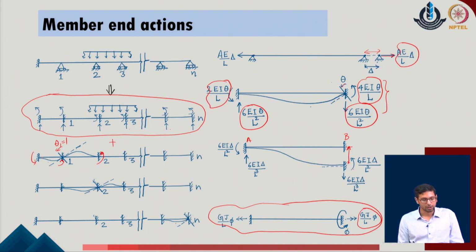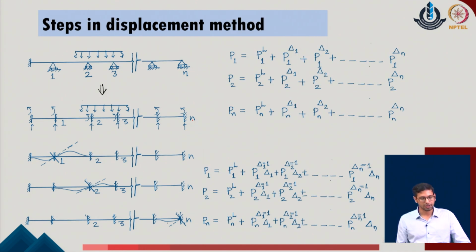We calculate the end forces corresponding to each individual released displacement of the given system, and now by writing the cumulative summation of all these forces in the direction of the defined degrees of freedom, we are able to write the equilibrium equations of the given system. So, as equilibrium equations, as a first case we have the equilibrium equation with respect to the joint or the displacement at node 1, which is theta 1 over here.